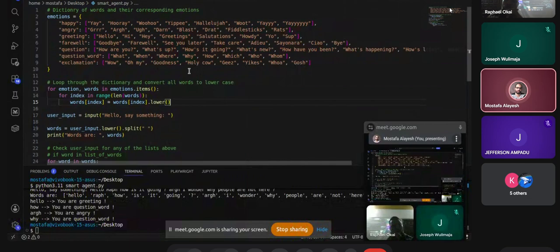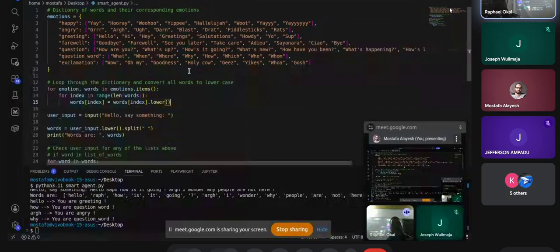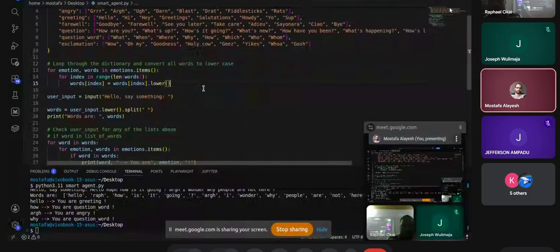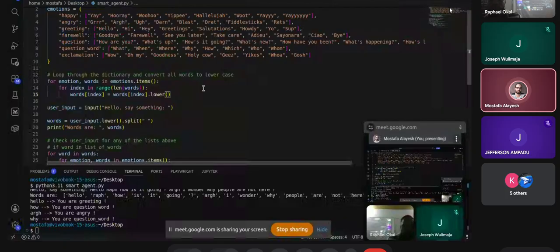So you can copy this text and analyze if this text is positive or negative by counting how many positive words he says or how many negative words he says, and then just compare positive and negative. And yeah, exactly. So this is our smart agent,